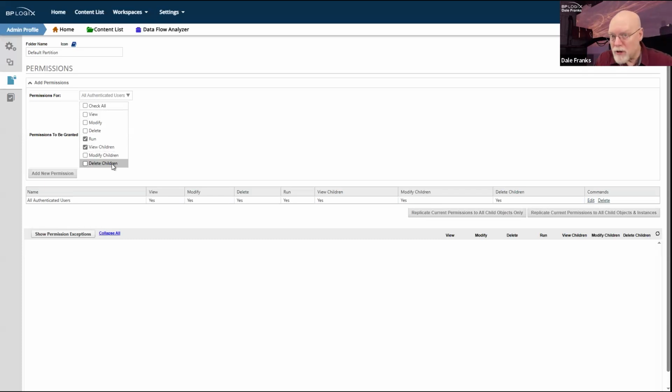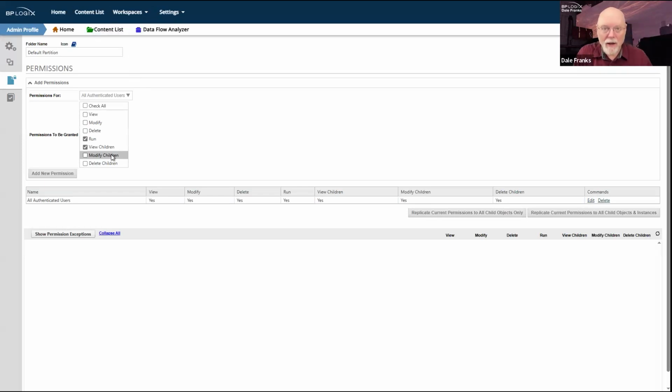In Process Director, the way permissions work is if I'm assigned a task, I'm going to get all the permissions I need to complete that task. And I'm going to fall into a group when I'm assigned a task called process users, that group right there. Process users get some special permissions, one of which is modify children permission. You get it automatically once you become a member of process users. That's a dynamic group, and if I'm assigned a task, I'm a member of that group.